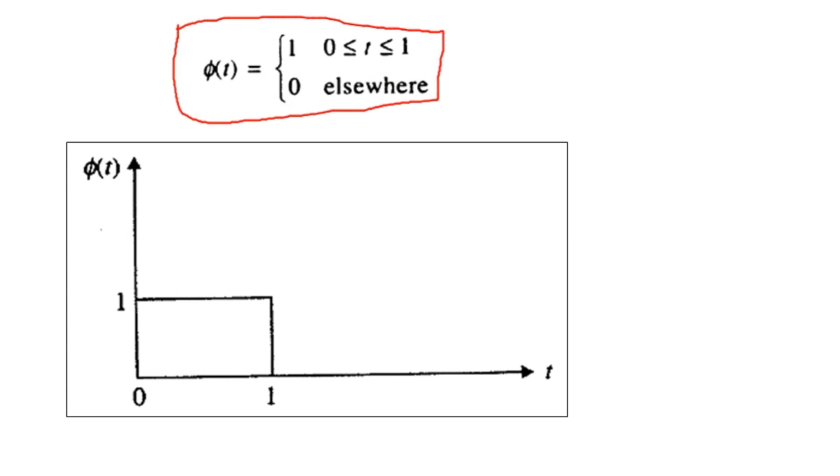It is denoted by phi of t here. Below is the illustration where we have a plot of this particular function for the given range. So we have t as the time domain parameter on the horizontal axis, and phi of t, the amplitude level, marked on the vertical axis. For the duration 0 to 1 we have the amplitude level 1, and for the rest of the cases we have amplitude 0, and also on the negative part we have amplitude 0 here.